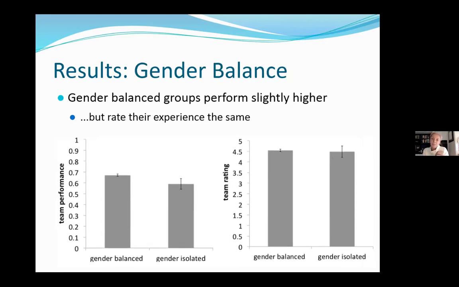So we also looked at, very similar to Joss, the gender balance versus isolated. We try to balance the teams for gender. Occasionally we mess up, sometimes we don't have the gender data, and so we're doing it based on names, and that's always problematic. And so we've made mistakes over the years where we've had by accident teams where there was one male isolated on a team of female students, or vice versa.